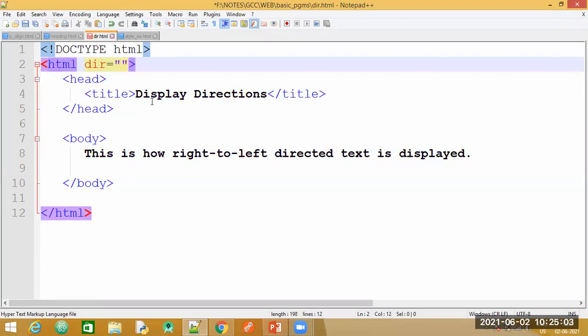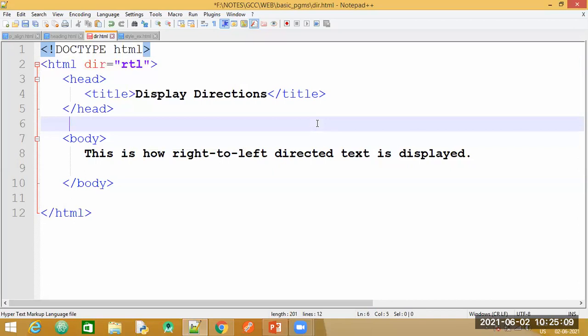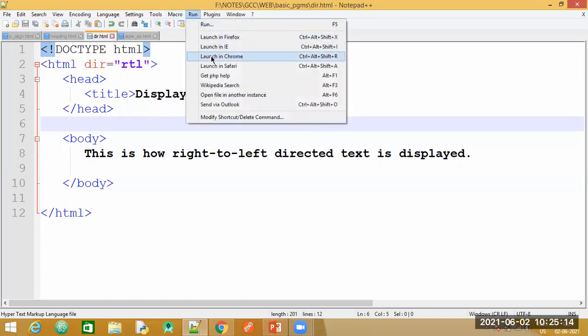We need the text to flow from right to left, so the value is RTL. We shall save this. Let us check if this is working. Here you can see the output. The text has started to be displayed from the right end of the browser.